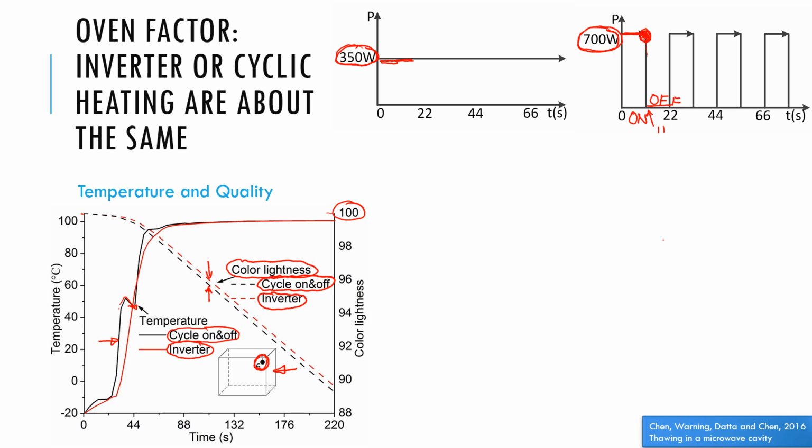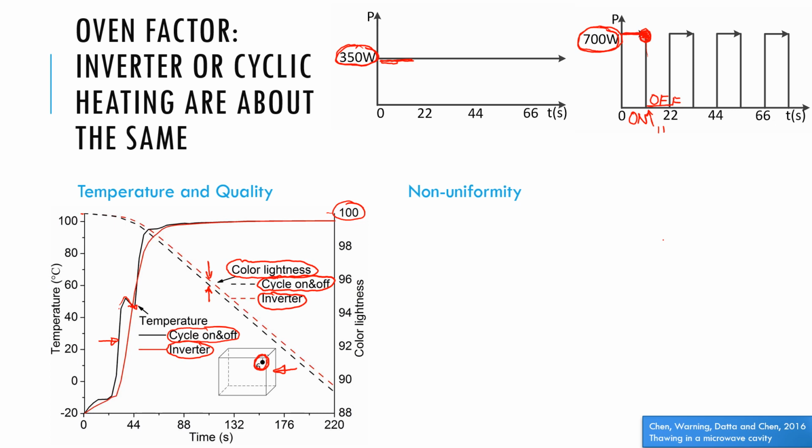So having cyclic power versus continuous power that is equivalent to the cycled power does not seem to make that much difference in temperature or the quality, as we see here. Now let's dig into the process some more, and let's look at